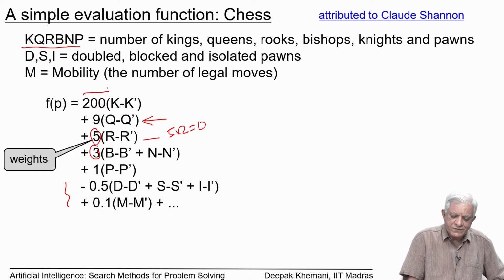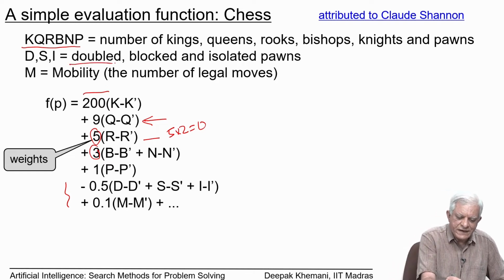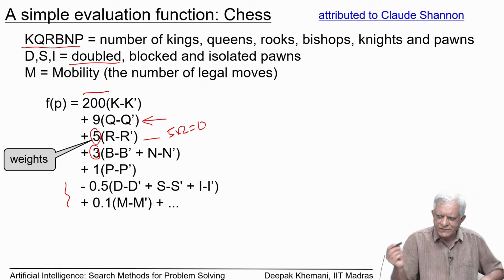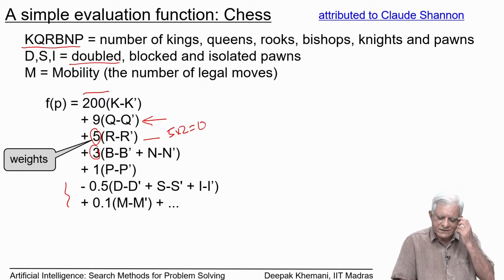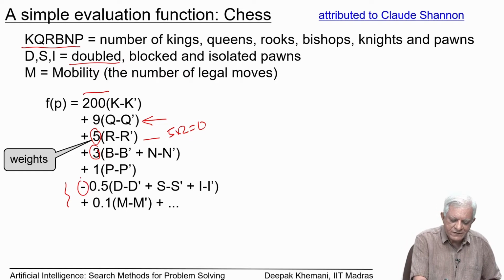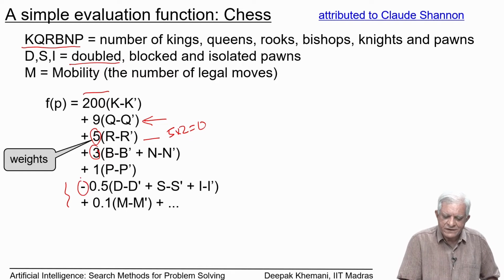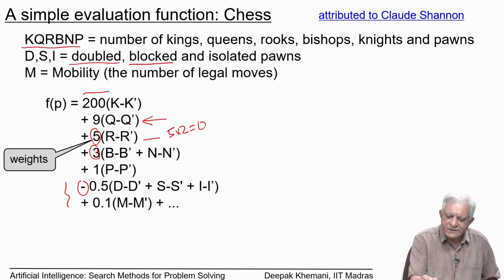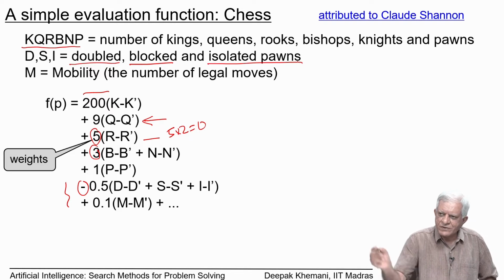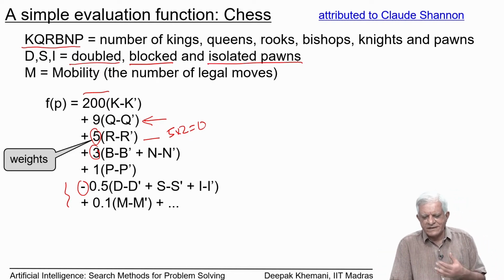Then there are some mobility issues. So, D stands for double pawns, for example. If you have double pawns, then it is not good for you. That is why we are subtracting this from there. Or if you have blocked pieces or if you have isolated pawns. So, if you know the rules of chess, then you know